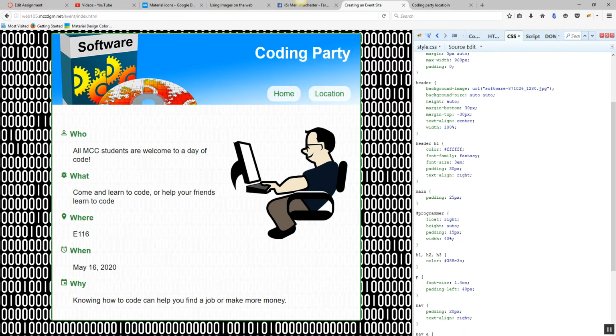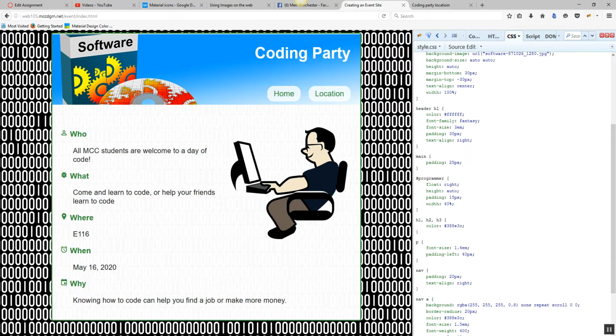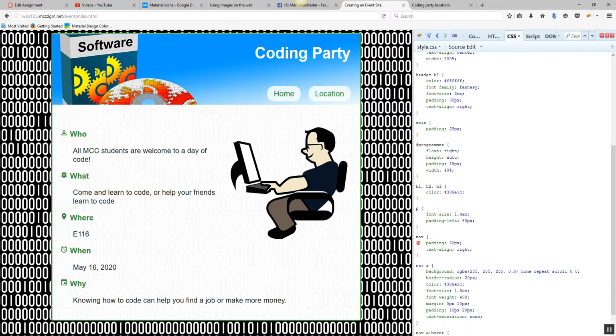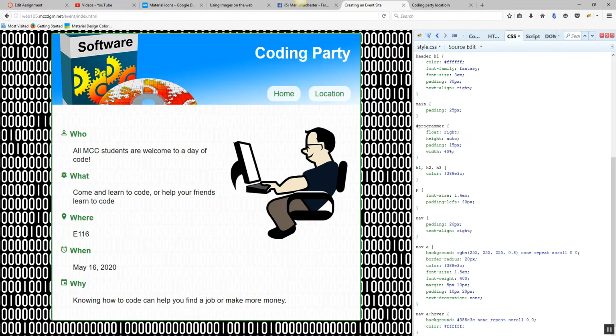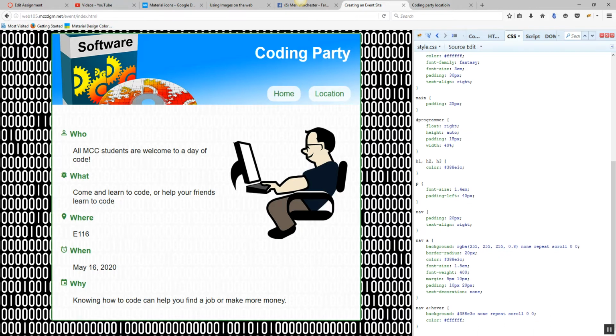I've set my heading colors all to green. I've set my font size to 1.4. This is a fairly large font. I didn't feel like writing a lot, so I made my text larger. I've set padding on the left to 40 because I wanted it to be tabbed in from the headings. I've got my nav area with the text align right. This is my nav area right here. And then I've got my links